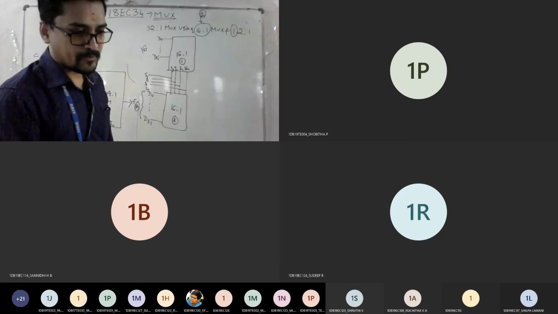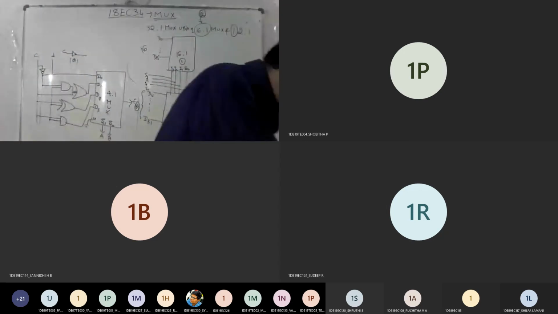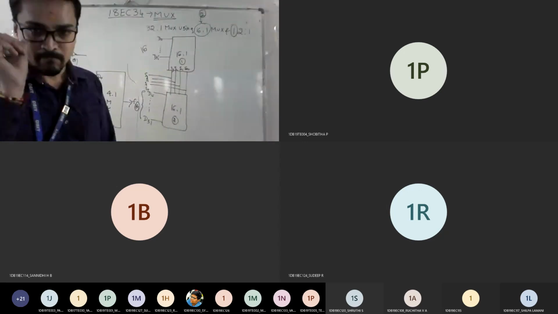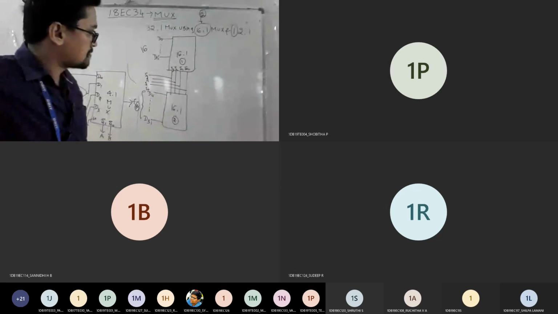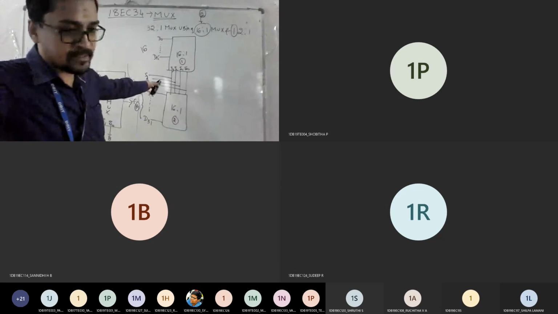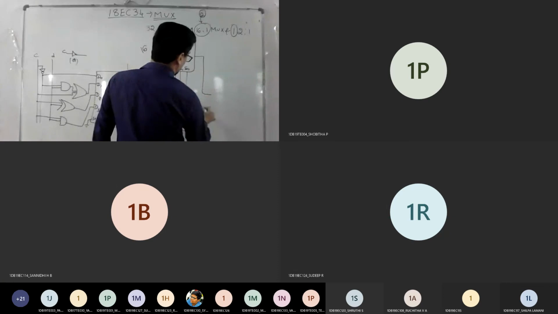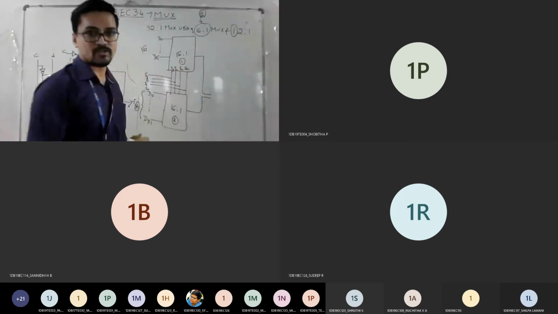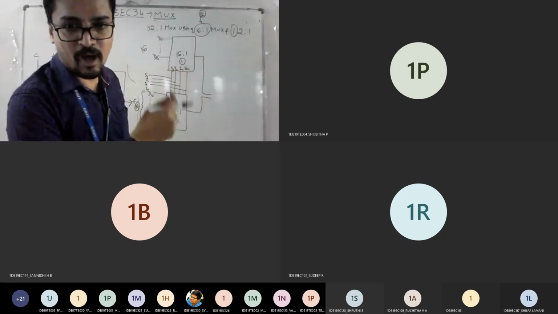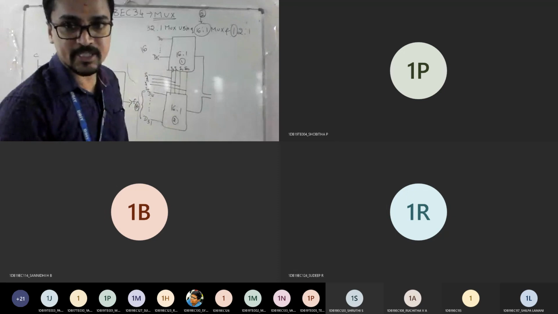Is it fine till here to everyone? Is it clear here? So now 4 have been connected. So you have 2. If there was no fifth, I could have given an OR gate directly like I did for 8 is to 1.